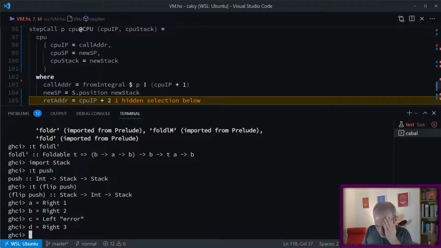So if we have some kind of Either type, that's because we've got A,